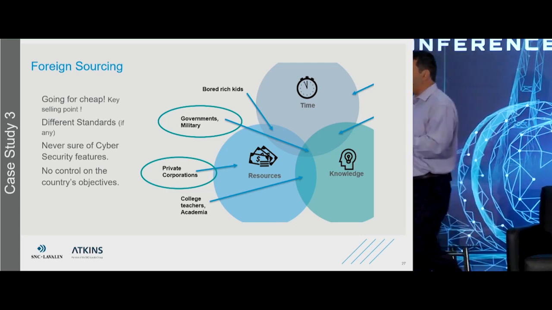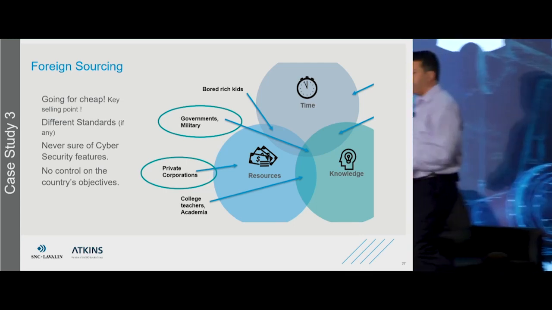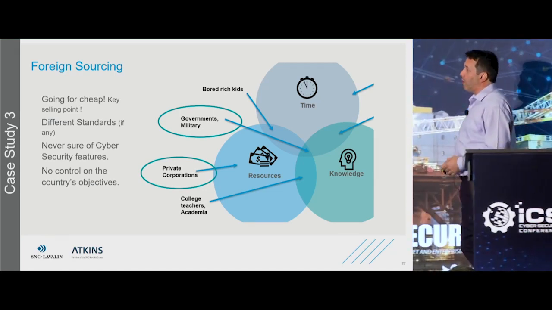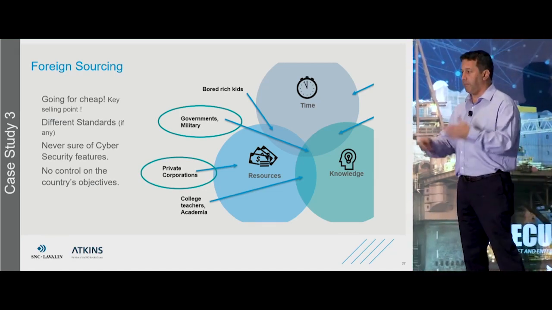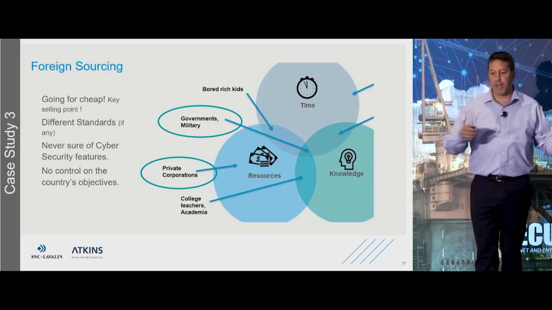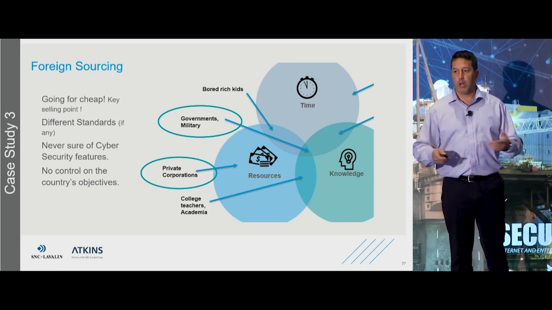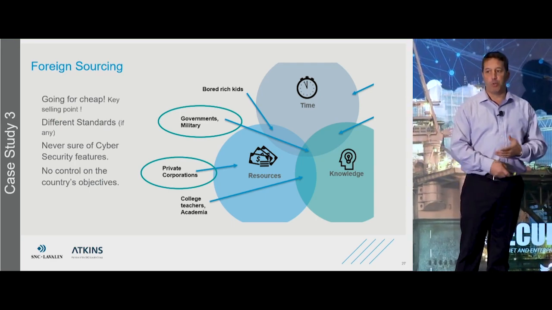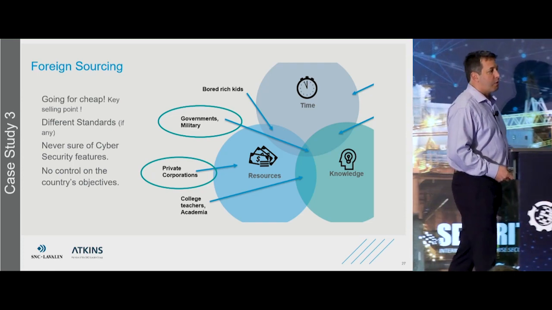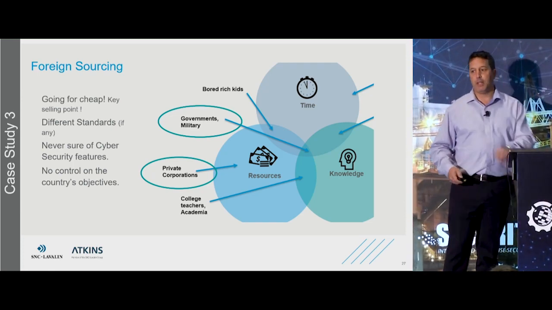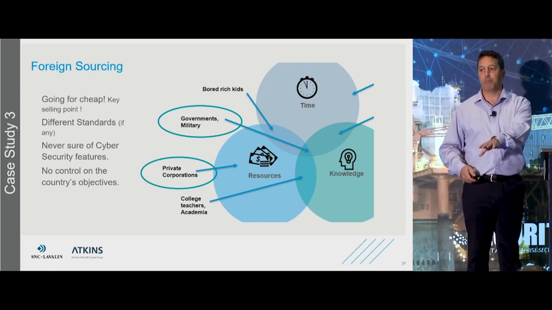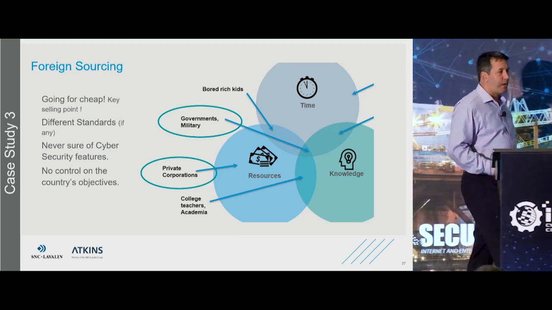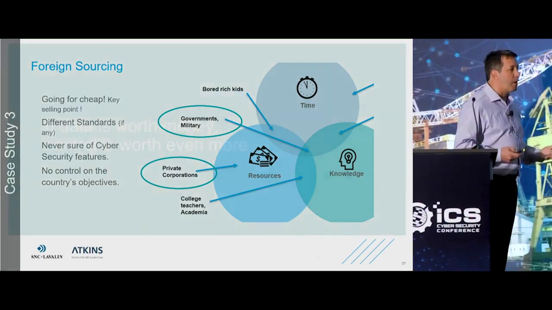Ultimately, if you remember that Venn diagram, you don't know if that private corporation is not after you, or if the controlling government of that country is not also planning to eventually use all these access points into all of the network. So all three case studies I've seen personally in six months working with SNC-Lavalin. So this is a pretty scary scenario, and this is really, again, an awareness